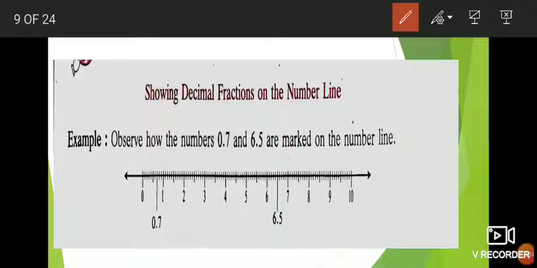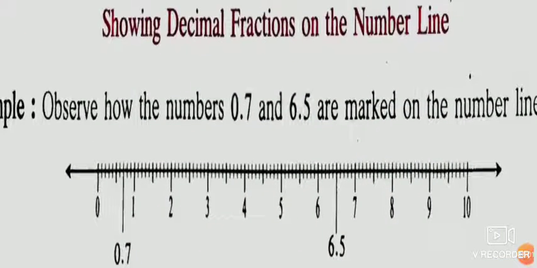Now on that scale, from 0 to 1, the numbers are divided into small lines again, no? So count how many lines are there, students, in between 0 to 1. Yes, correct. How many lines are there? That 0 to 1 is divided into exactly 10 parts. Now we have to show the number 0.7 on that number line. Now we have to see how many points, how many lines are there.